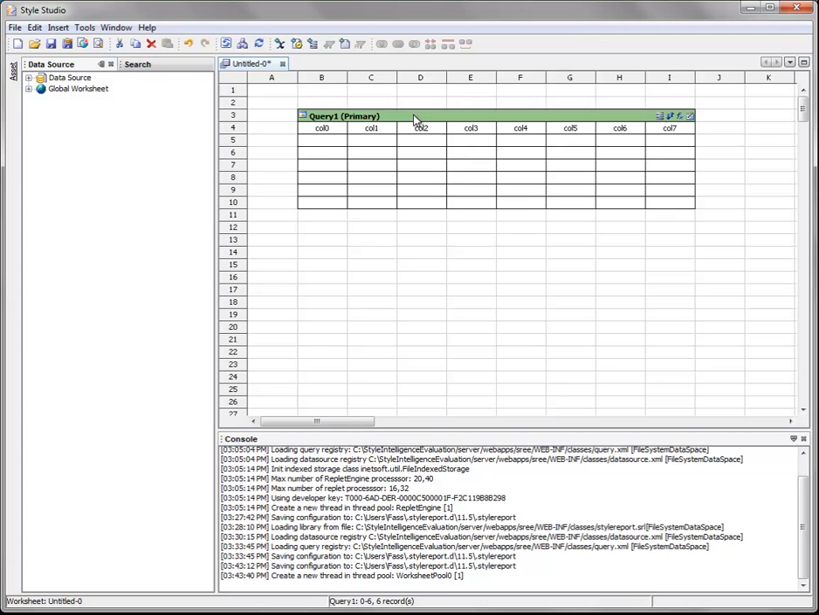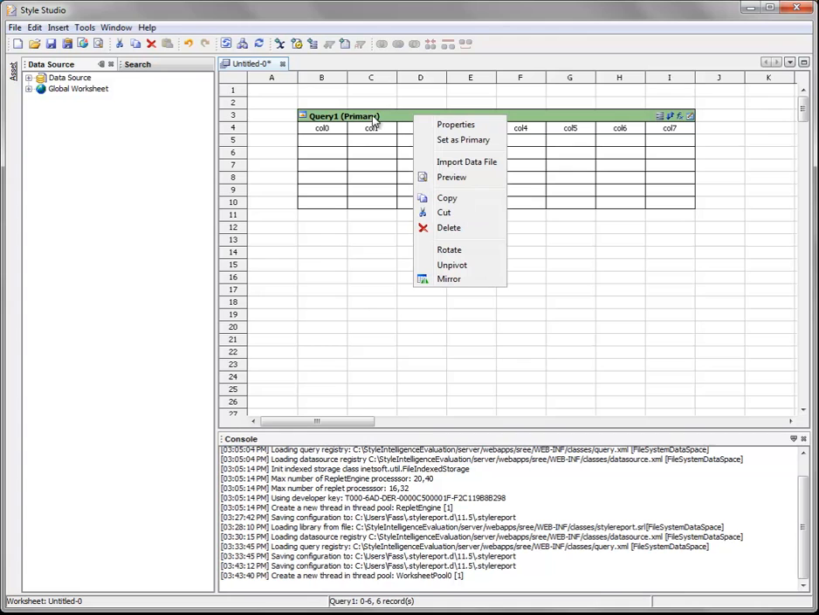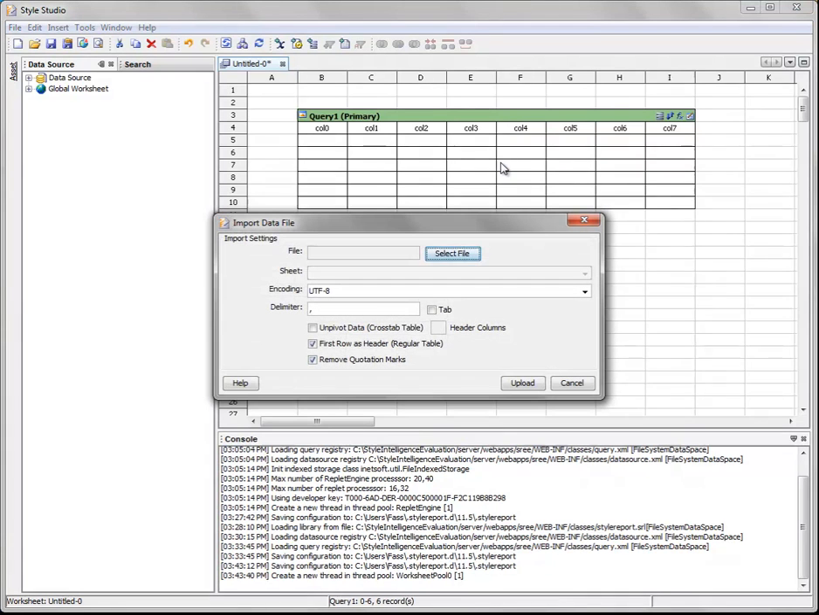So we don't need to worry about the rows and columns at this point. Instead, let's go ahead and import our data. So right-click on the title bar of this table and select the option Import Data File. That opens a dialog box called Import Data File. And here we can select the file that we want to import, press the Select File button,